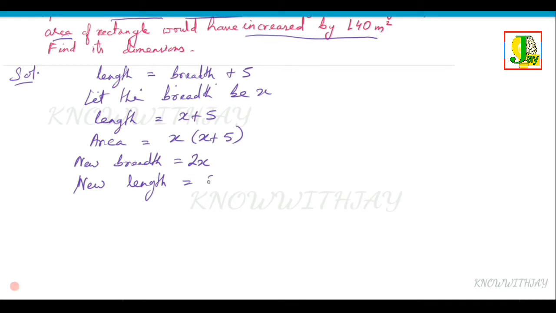The original length is x plus 5, minus 9, that's x minus 4. Okay, so the new length is x minus 4, and the new area is 140 meters square more than the